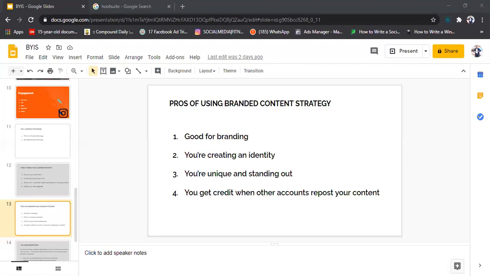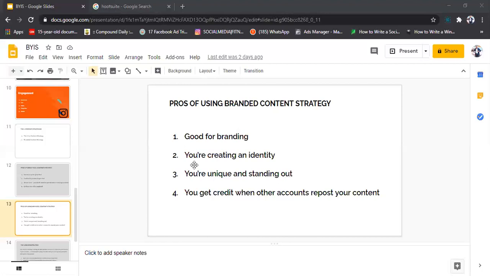It takes time. Sometimes I used to spend up to 2 hours on Canva. This content, I created all of them with Canva. Sometimes I spend 2 hours on Canva creating this, sometimes 3 hours, because you have to get it right. Okay, this content here, it's not easy. All right, so that's why the viral content strategy is one fast way to grow your account. One very fast way to grow your account. The viral content strategy. Okay.